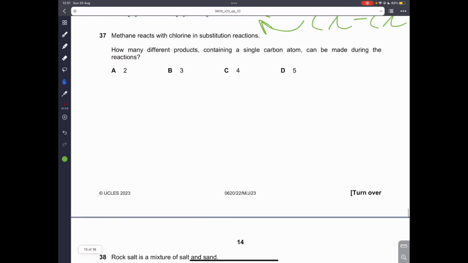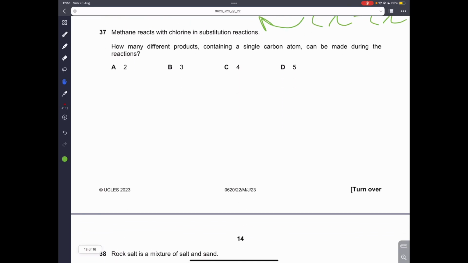So B is the correct answer for 36. 37. Methane reacts with chlorine in different substitution reactions. How many different products containing a single carbon atom can be made during the reaction? Now methane, remember, is CH4,